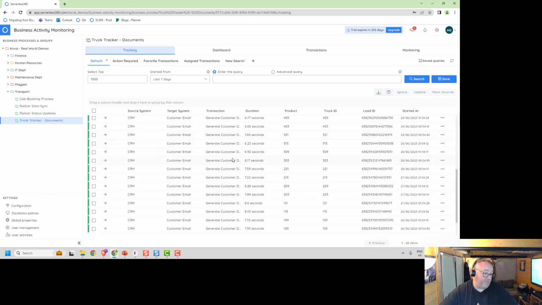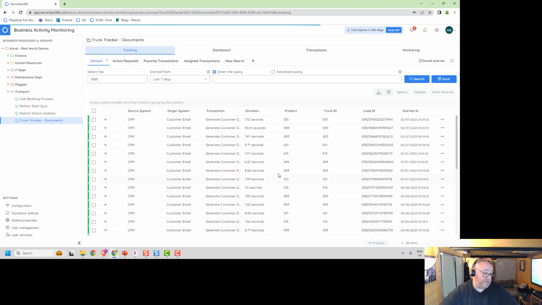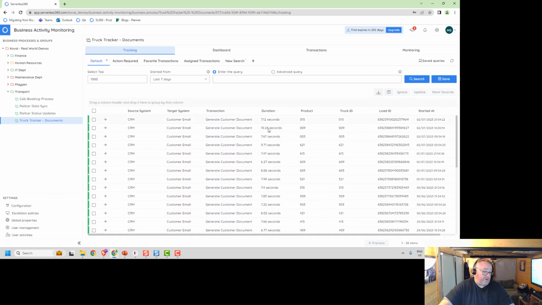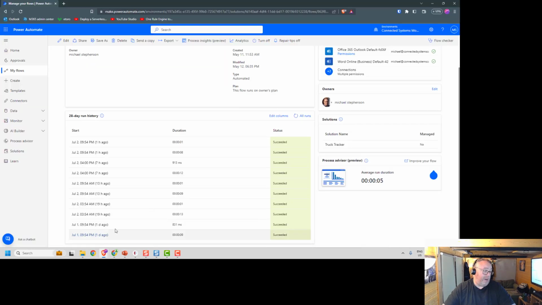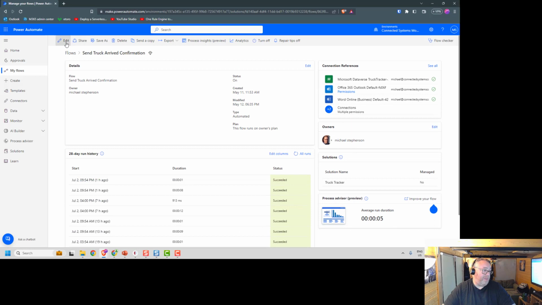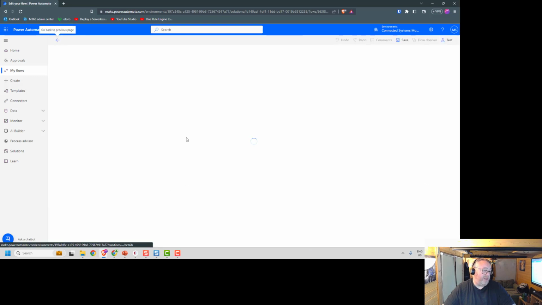If you start your BAM transaction after the point where you decide whether to process the message or not, this means that you get a much more reflective view showing what the transactions are actually doing. Now, if we look back in the Power Automate here, let's have a look at how we implement this. If we go into the edit mode,